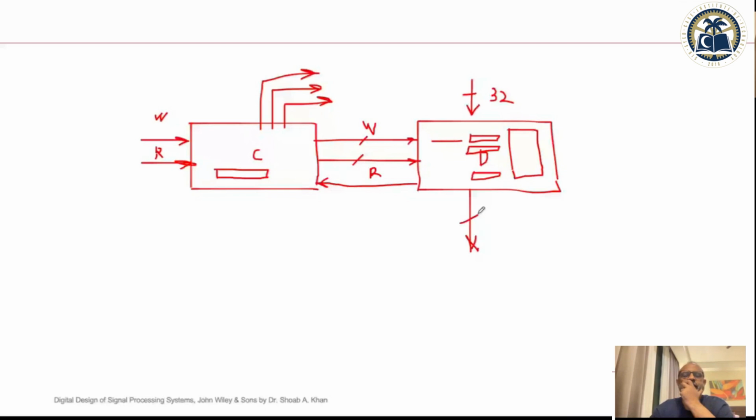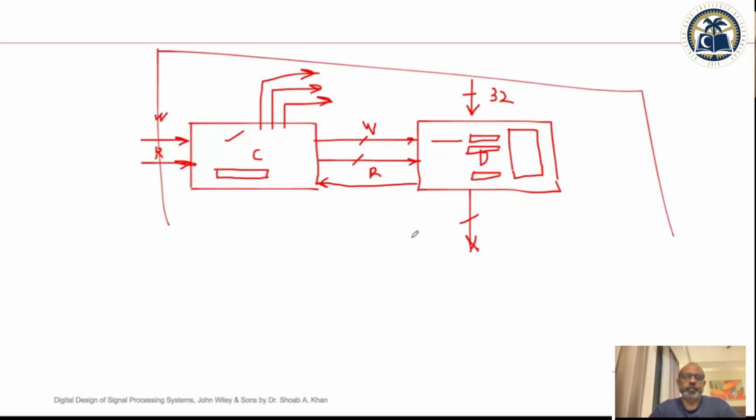If I ask you a question, how many states should be there for this FIFO? How many states do you think we should have? For example, one state is that the FIFO is empty, E, and what other state could there be? Sir, FIFO can be half full, can be full, and can be partial. These are the three states, because these are the three states which are important.